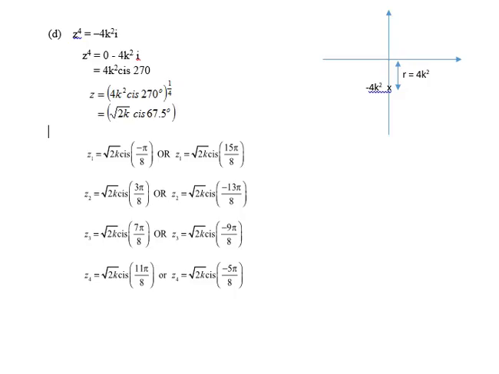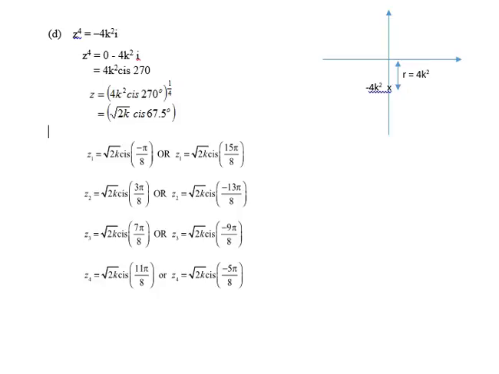Question D, a common question using de Moivre's theorem. I first have to change what's given in rectangular form to a complex number in polar form. Now over on the right hand side I've marked that complex number, negative 4k squared i. It's at the point negative 4k squared on the